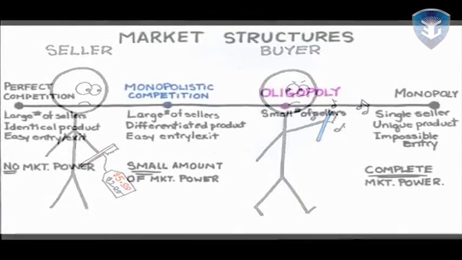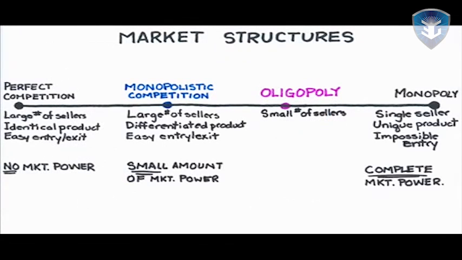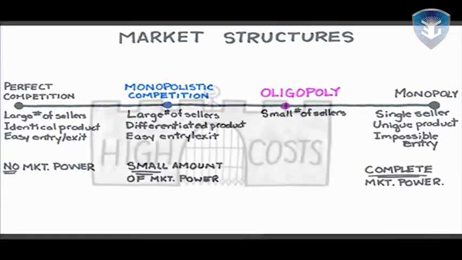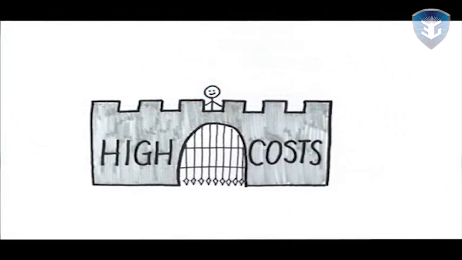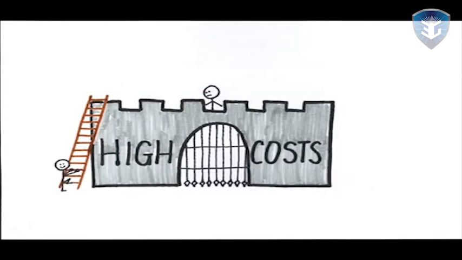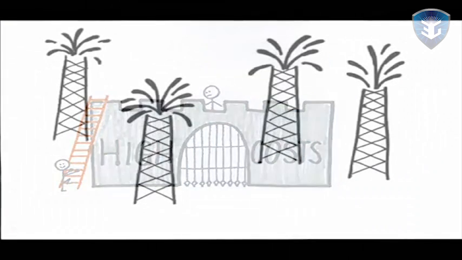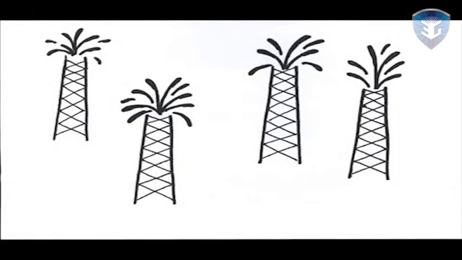An oligopoly? Well, the prefix olig means few, so I'll have a few large producers making up the market, each with a large amount of control or market power. There are some barriers to entry, so it's hard, but not impossible, to get in. The product in an oligopolistic market can be identical, like the members of OPEC who produce oil, or differentiated, like car manufacturers.